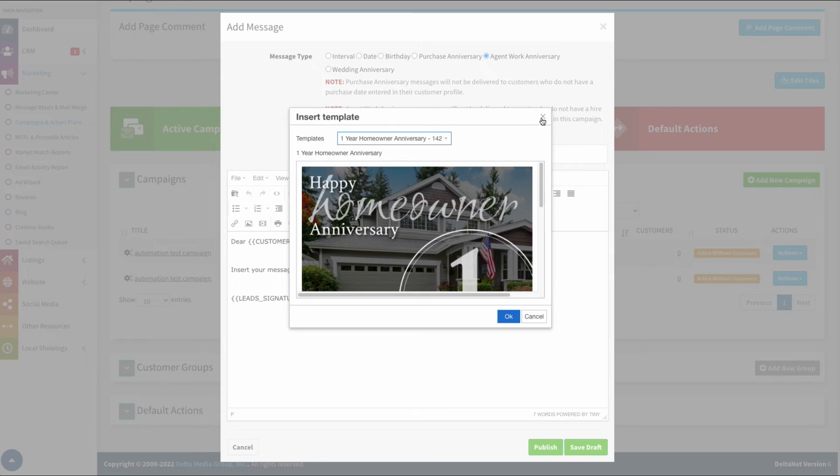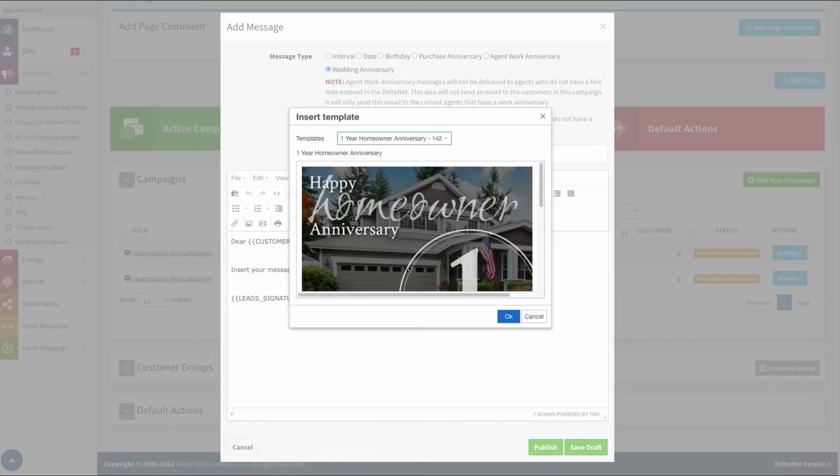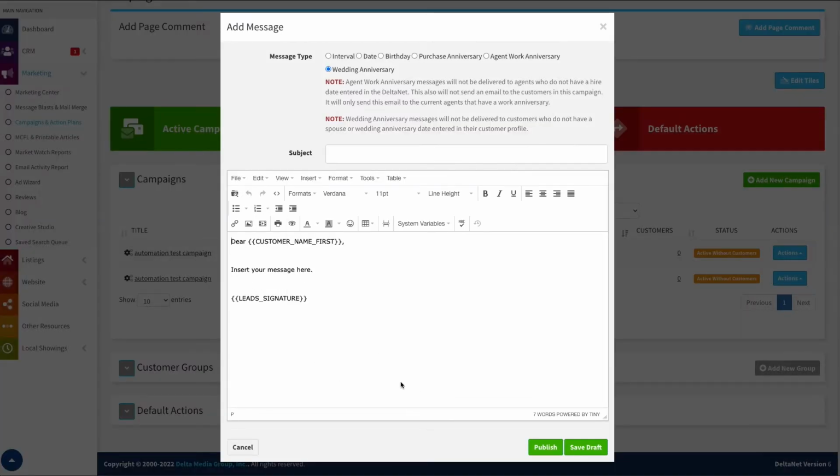Agent work anniversary is its own thing, but that's in there as well. And then wedding anniversary, same deal. It'll open this up, and then I can choose from those templates as well, just to help me populate those. But I don't have to use these templates. I could actually just type in whatever message and content I'd like, images, links, things like